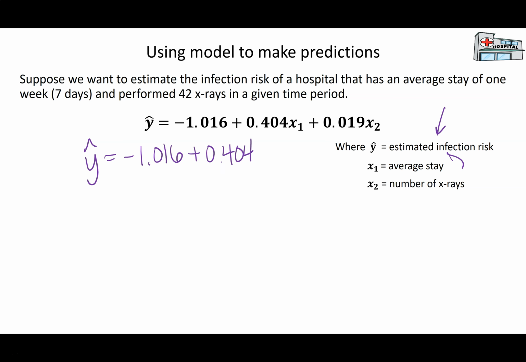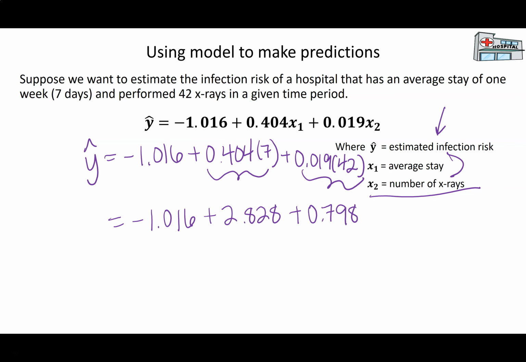0.404 times x1 is average stay. We said an average stay of 7 days, plus 0.019 times, so I run it over, number of x-rays, so 42. So now we're just going to go ahead, it's algebra now, do this multiplication and this multiplication, and then add. Do not add first, it will go sideways. So just showing the next step there. In general, this setup was something we'll want, and then the answer,